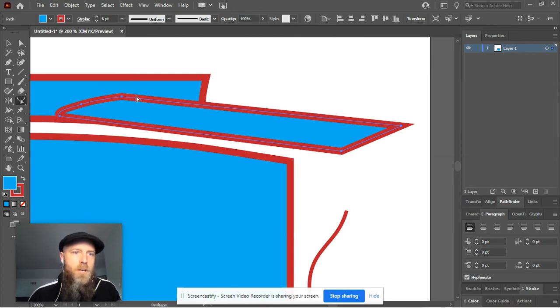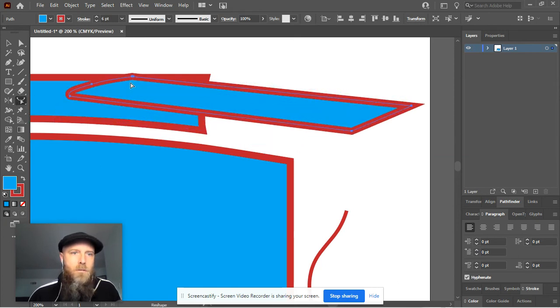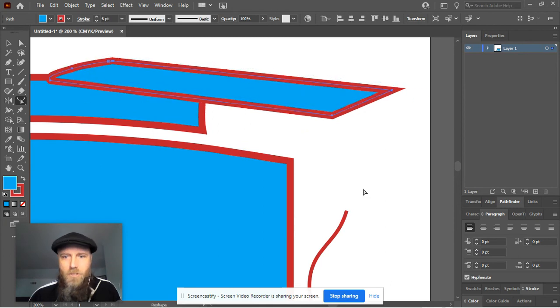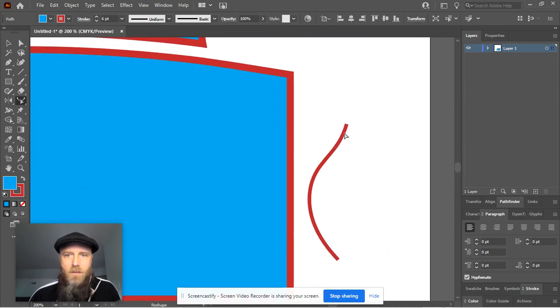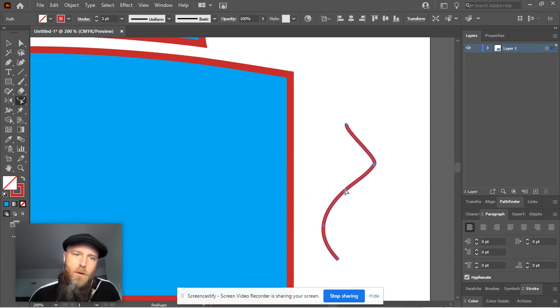Last but not least, the Reshape tool. The Reshape tool works with paths, not shapes. So you'll want to select a path like so, and select your Reshape tool right there. And you can grab parts of the path and just reshape it. You can either grab an anchor point or you can actually grab the middle of the line and it will